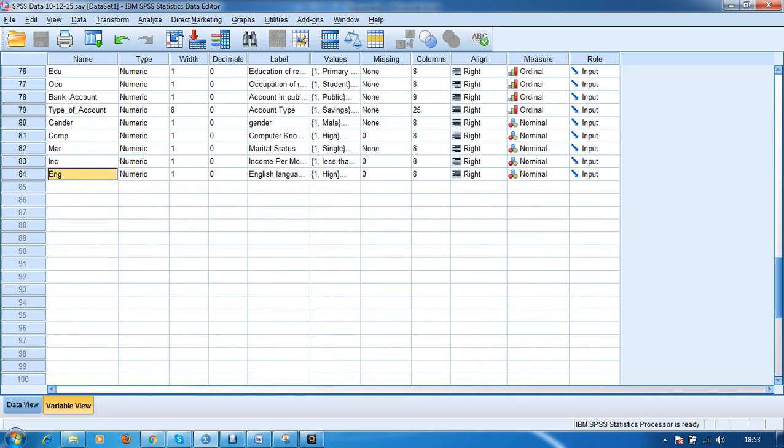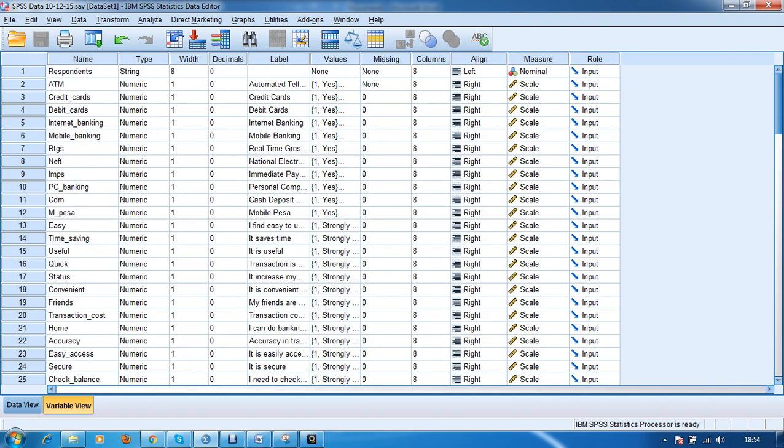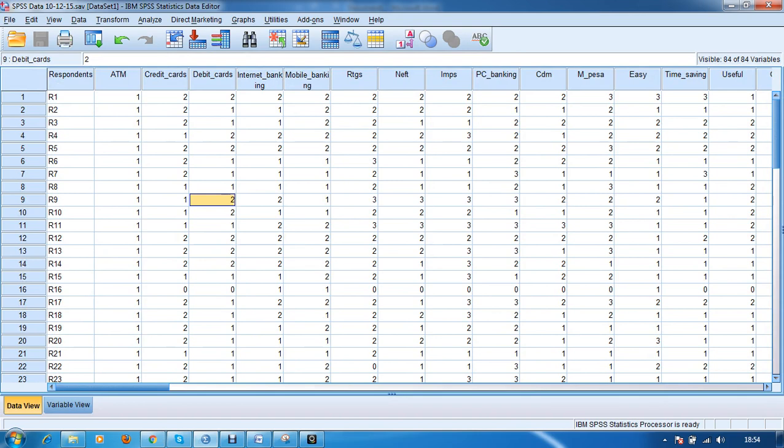So altogether I have 83 variables for which I need to test whether my questions are reliable in order to be considered for further or final data collection. It will also tell me whether I can go with those set of questions in the research. So first of all, in order to test the reliability, what you have to do is first go to